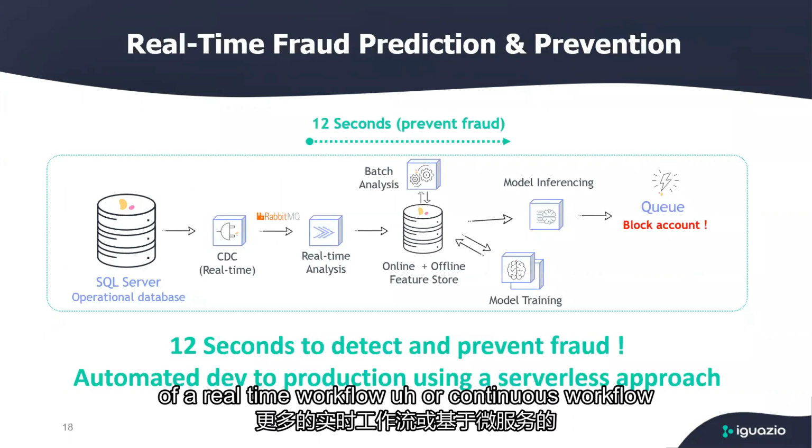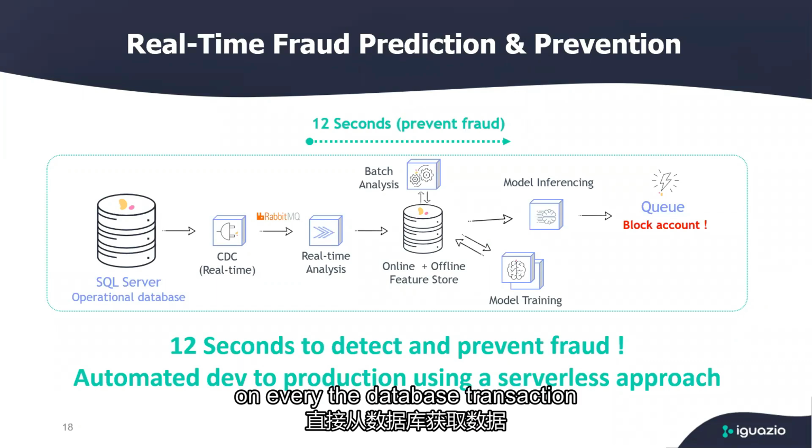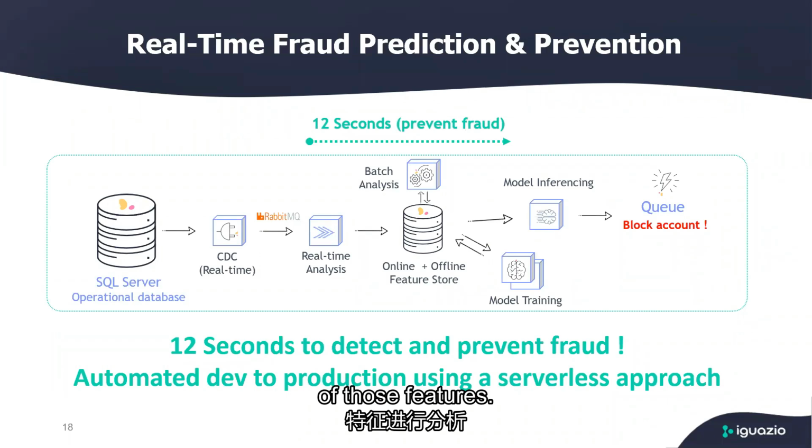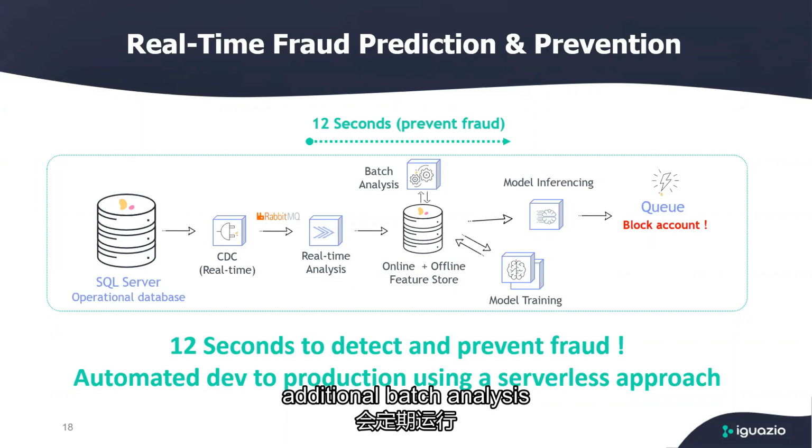So what they moved into more of a real-time workflow or continuous workflow based on microservices, where they ingest the data directly from the database on every database transaction change. Then they run the analysis of those features in real time using serverless functions. They throw the analyzed data into an online offline feature store. They may run additional batch analysis periodically to look at the bigger view, a longer time view. Every certain amount of time, they would run model training as a microservice using scikit-learn that essentially extracts a feature set and generates a new model, and there's a model inferencing function that gets trigger events from a stream, analyzes the results, the feature